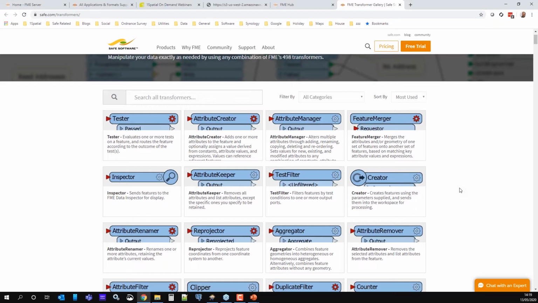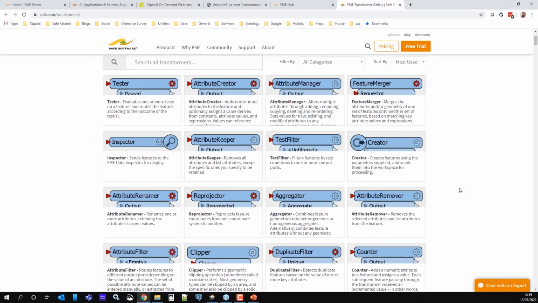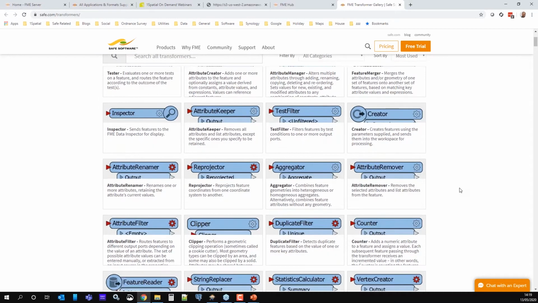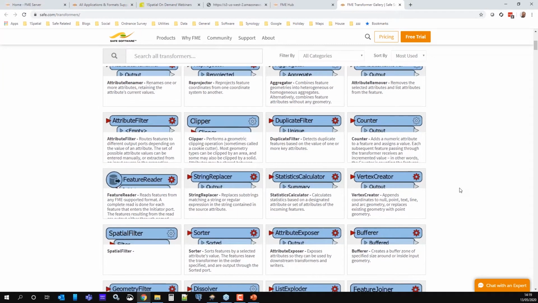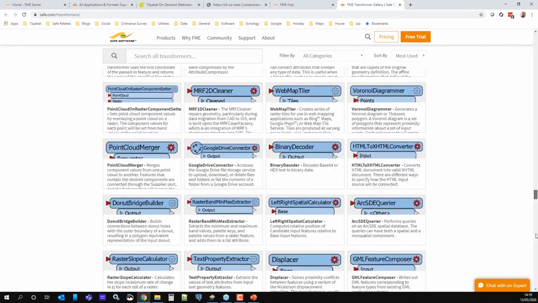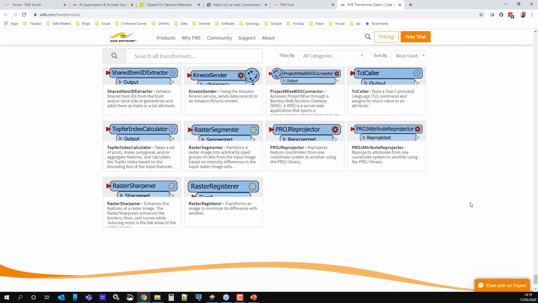If you're brand new, come to this link, have a look at the top of the list. Learn, review the top 20 or so transformers, because basically if everybody else is using them, then you're probably going to need to. I also quite like, for the more experienced of you out there, scrolling to the bottom,